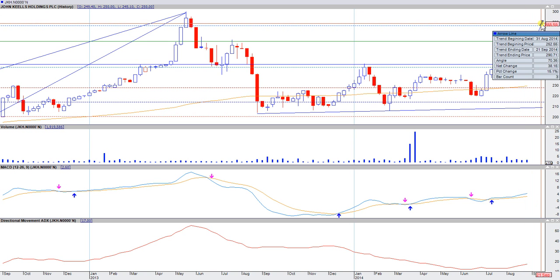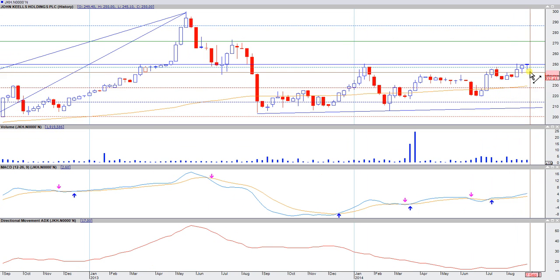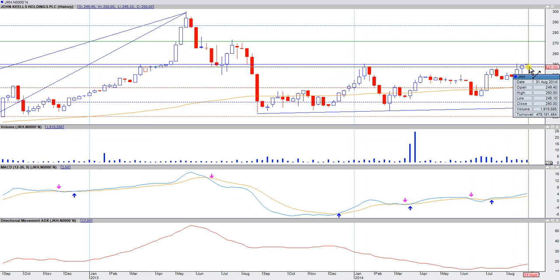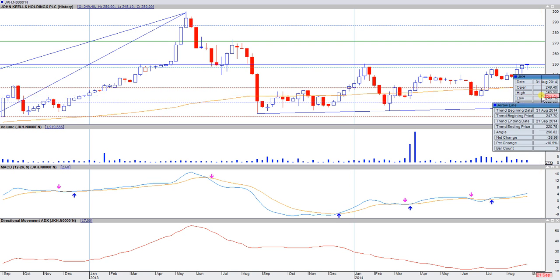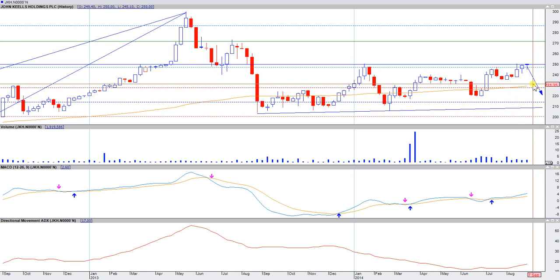Or should, let's say, JKH go for another testing around the resistance here and fail and come, sorry, towards 220 again, so you have a support of around, I would say, 230 or somewhere here as a